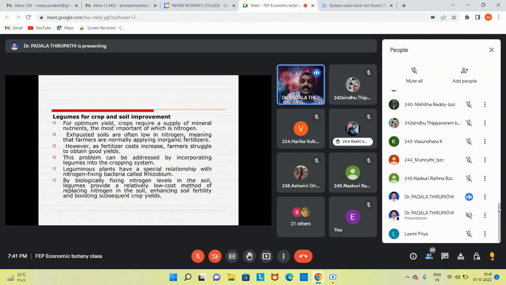So that's why, by biologically fixing nitrogen in the soil, legumes provide a relatively low cost method of replacing nitrogen in the soil, enhancing soil fertility and boosting subsequent crop yields also. Am I right? So that's why, remember, my dear friends,